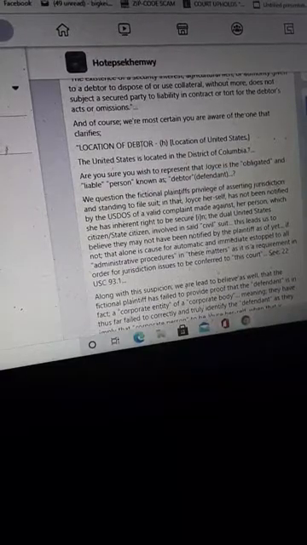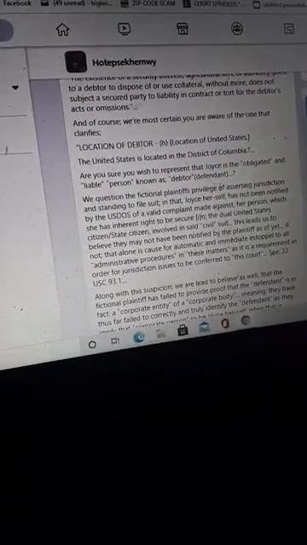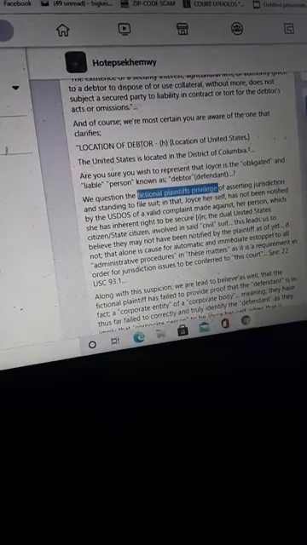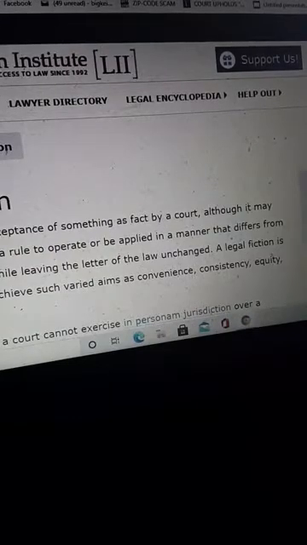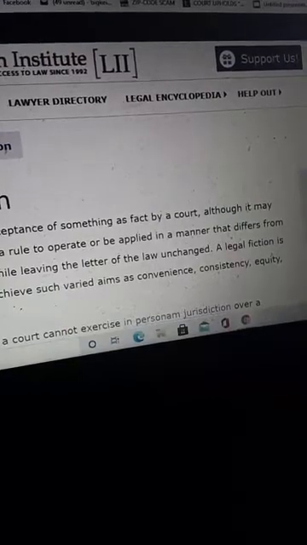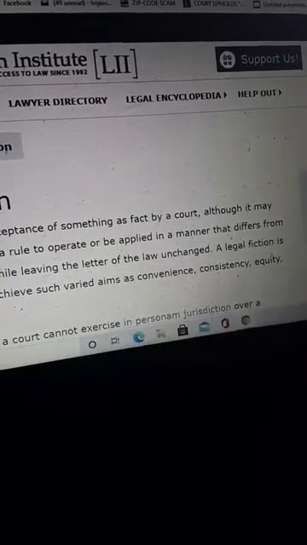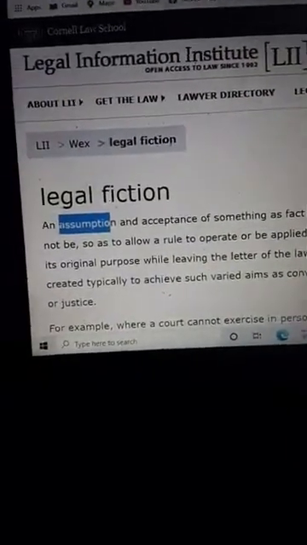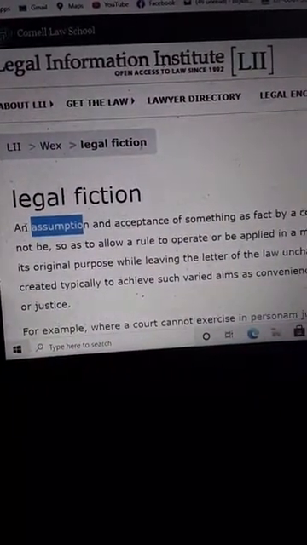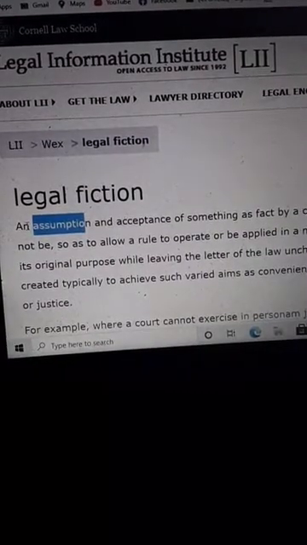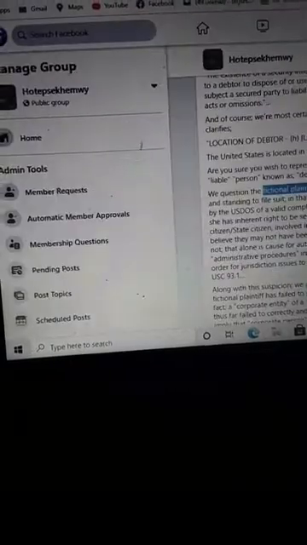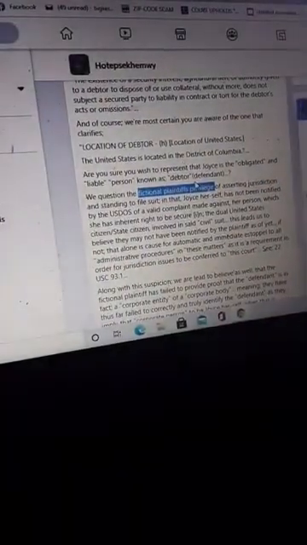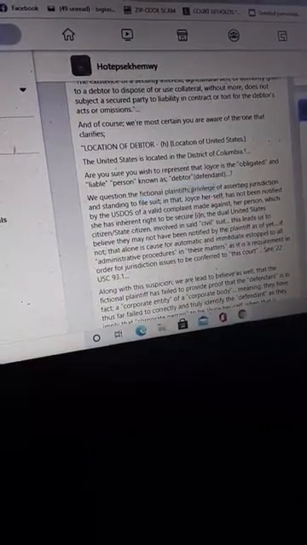We question the fictional plaintiff's privilege. Fictional plaintiff is the legal fiction. The plaintiff itself is an assumption. If you assume that there is a plaintiff in that case, you are doing it wrong. The legal fiction, the legal state of state, is an assumption that they presume you will accept. If you are going to accept that presumption, you have to point it out. Fictional plaintiff's privilege